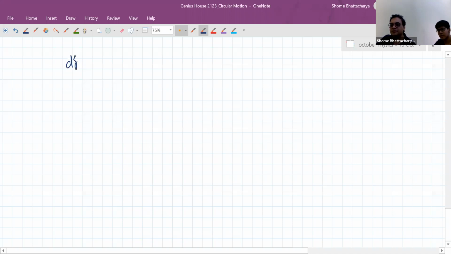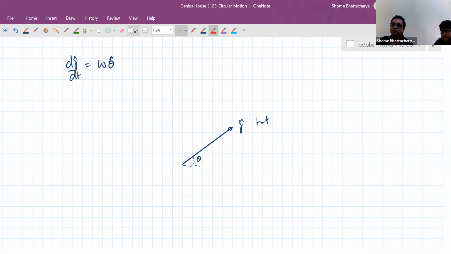So now coming back to this relation, dr cap by dt is omega theta cap. I was telling you about that method of vectorially understanding it. Suppose at some time t, my r cap, I've drawn a sort of magnified version of it, is like this. It is at some angle theta to my x-axis, at the time t. Now in my diagram, I will show delta t as a reasonably large time, but imagine it's very short actually.